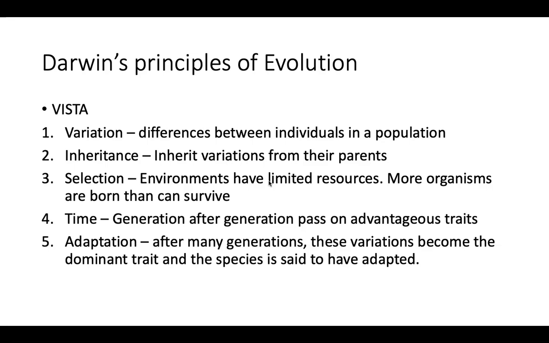And then it needs time for this evolutionary process to occur. So generation after generation after generation passes on these advantageous traits until eventually it ends up being an adaptation. So it moves from being a variation, where we might see differences in bill size, everything about the finches, into an adaptation when the majority of finches within that species, if not all of those finches in the species, now have that particular trait. It has now become an adaptation.